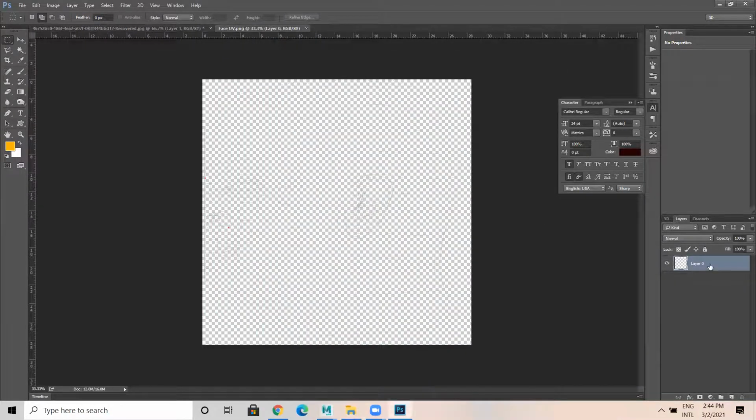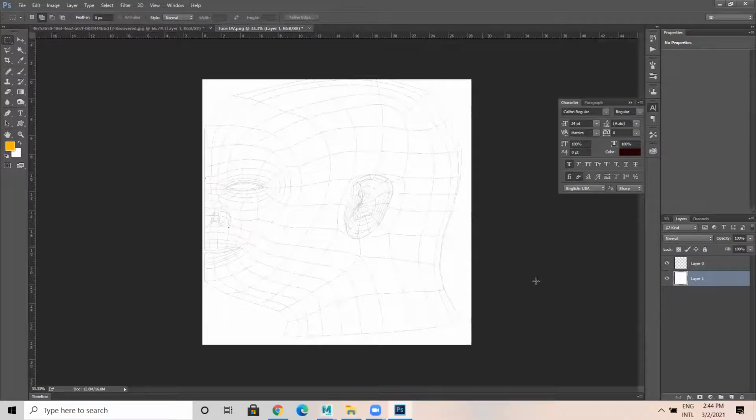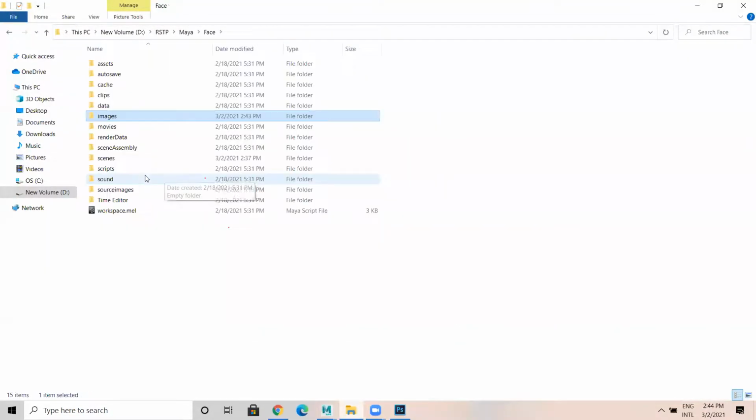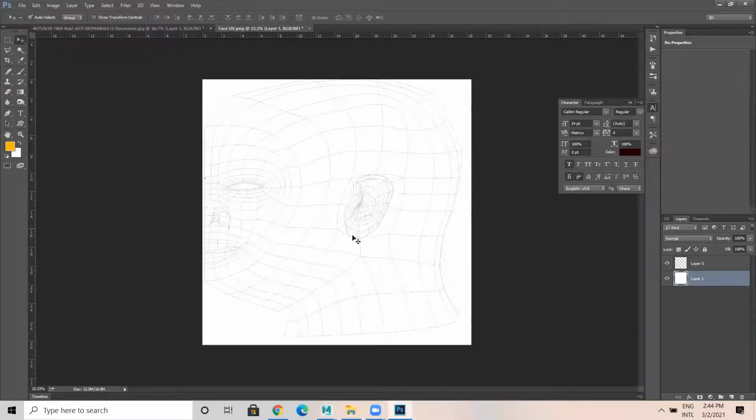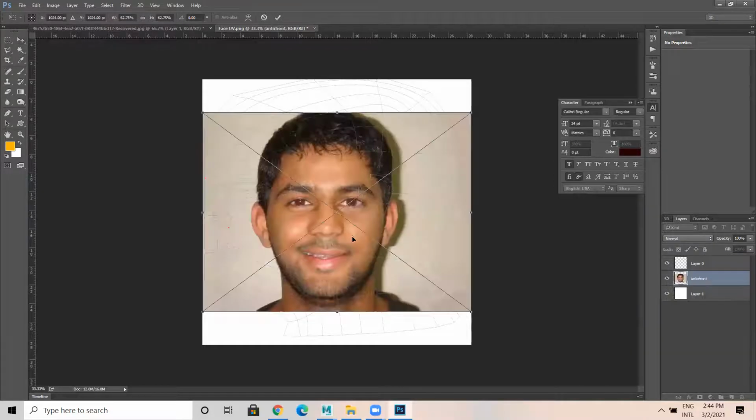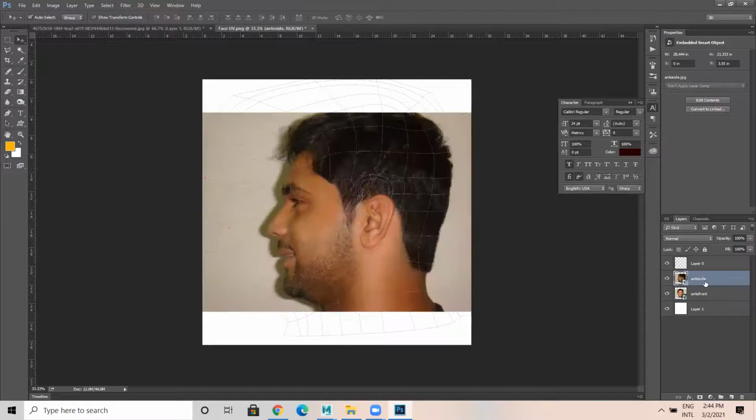So create a new layer, apply white color here. So you can see the wireframe of this. Later what I'll do, I'll take the source image, I'll take both the front and side image into Photoshop. Okay. Enter, enter, both front and side.